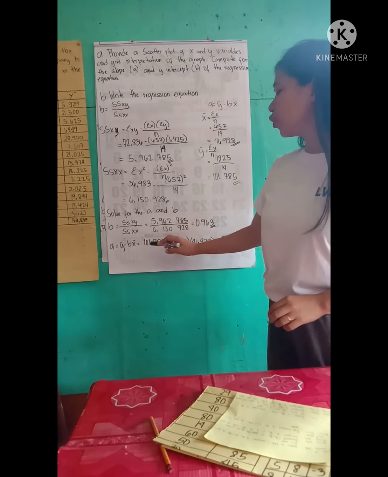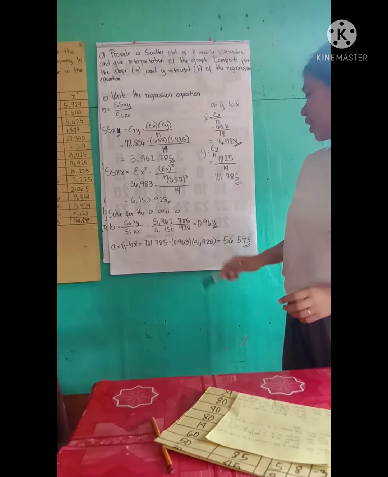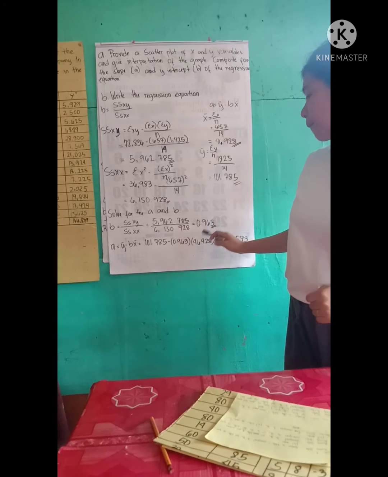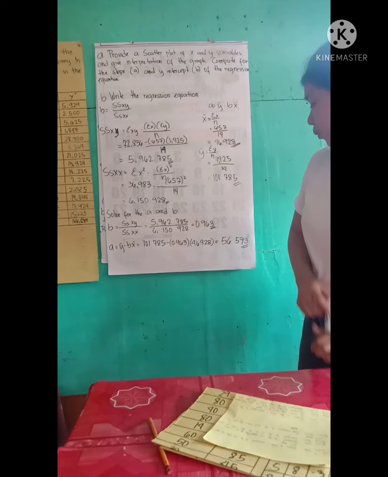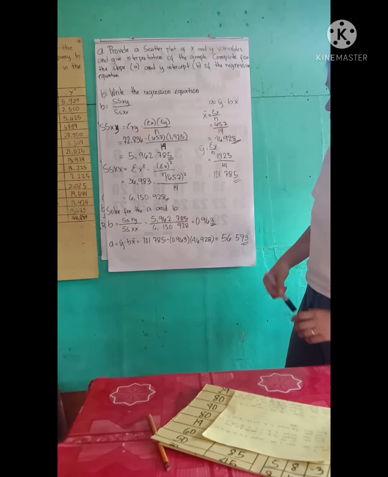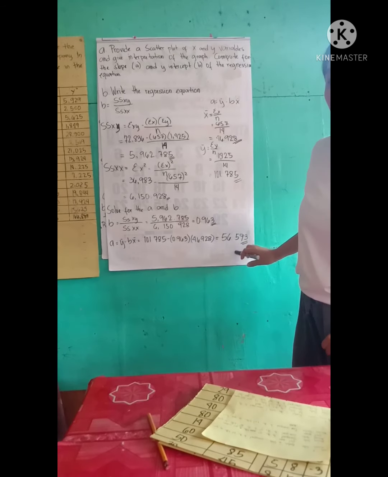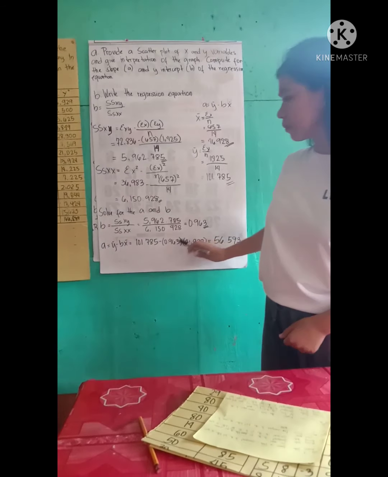So 101.785 minus 0.963, which is the value of b, times 46.928 is equal to 56.593. This is the value of our A. Now, as we solve the question letter B, we can interpret the scatter plot already, and it resulted from